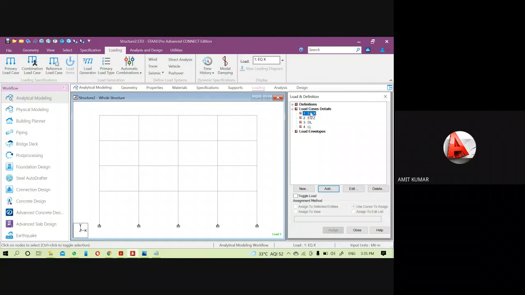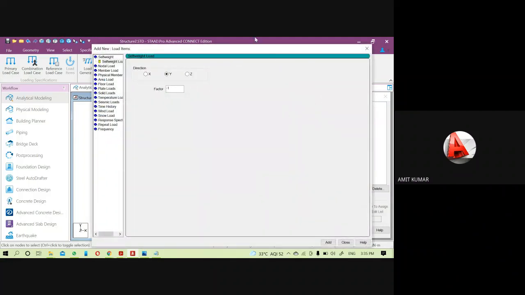Now come to the EQ. Again, under the earthquake load, just click on the add. So here we will add the self weight, that will be the mass along the x direction. Then after this, go to the seismic load here, x direction factor 1.